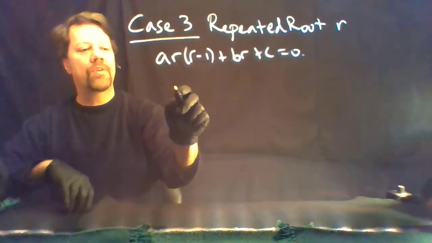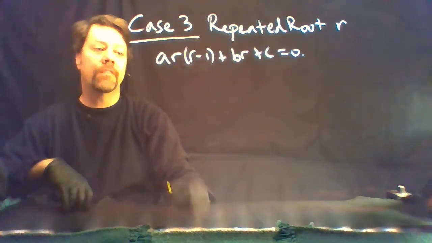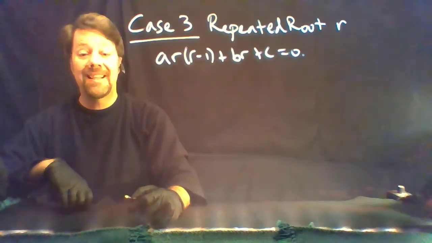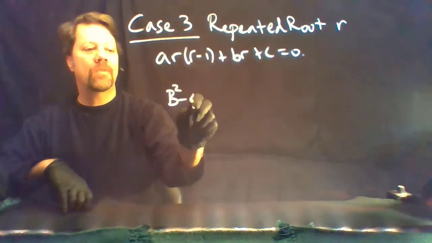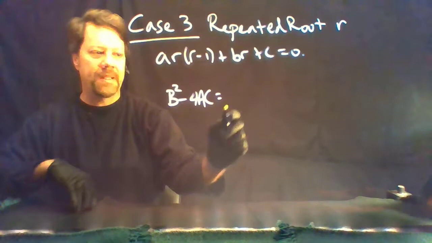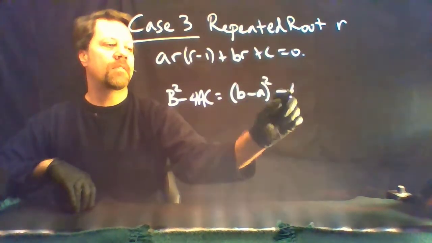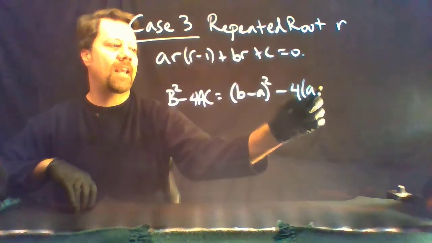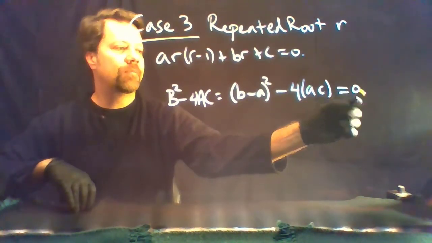To be a repeated root means that the quantity under the square root in the quadratic formula solving this is equal to 0. So b squared minus 4ac in this case will be b minus a squared minus 4ac. If that equals 0, then